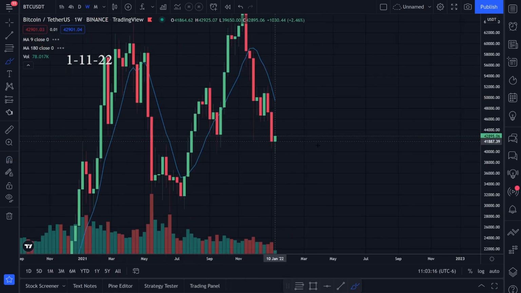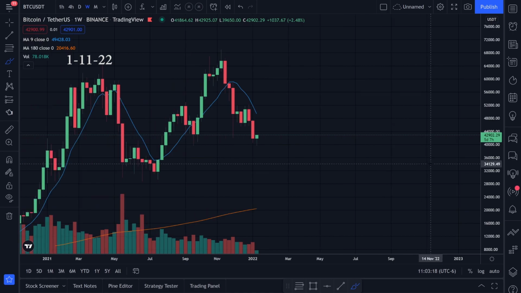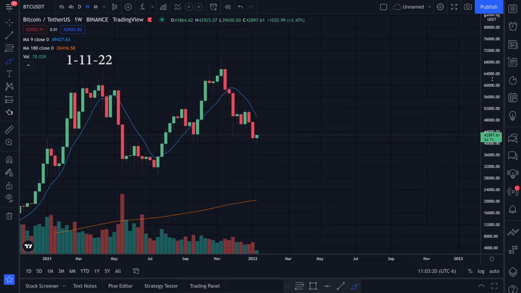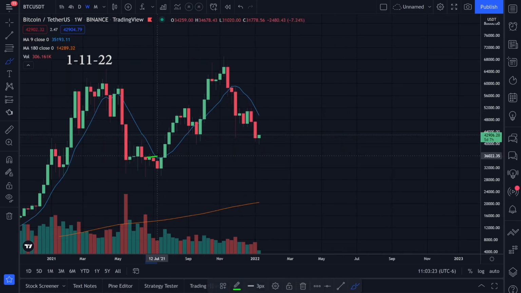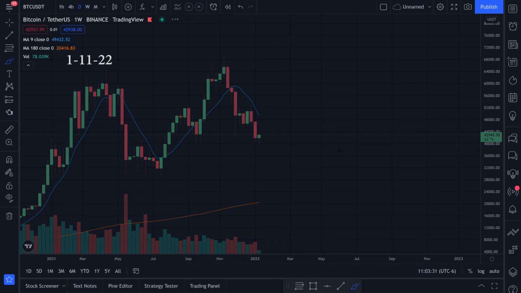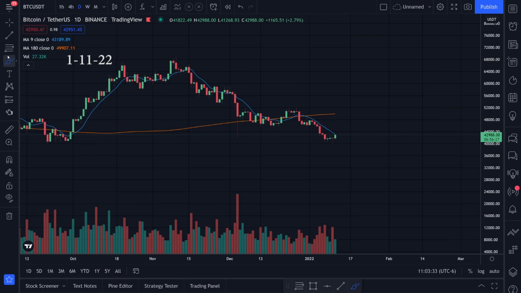If we go back to the weekly time frame, this is another thing that I've been really skeptical on. This is one thing that's been making me a little more skeptical, is we're still below the 9 moving average on the weekly time frame. Hopefully we can come up, test it, and break through it. Like I've also been talking about, if we could break through the daily 9 moving average,